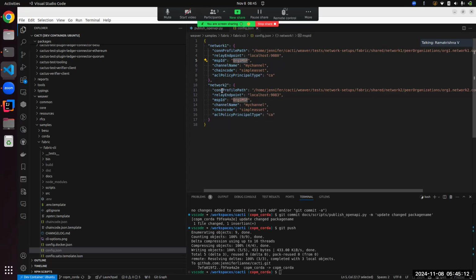I'll have to look at the code. I'll have to ask Sandeep. What did you find out? I'm pretty sure just by looking at the config that this is the unique identifier of the organization,